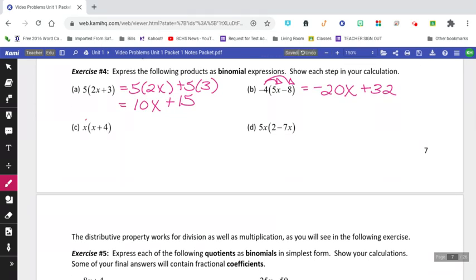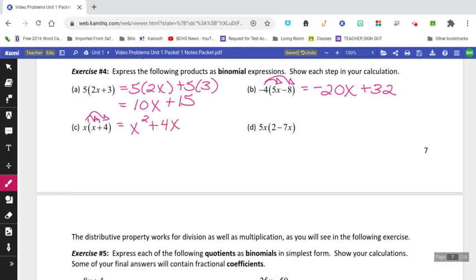For C, x times x. Now, we're a little ahead of ourselves here. When you multiply variables that are the same, you add the exponents. Each of those x's has a little 1 on them. So when we multiply x times x, we get x squared. Then we do x times 4,